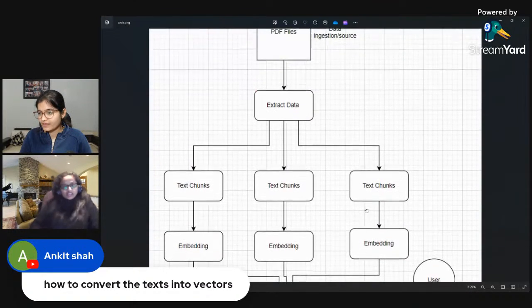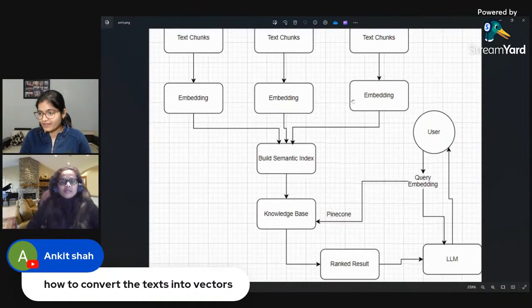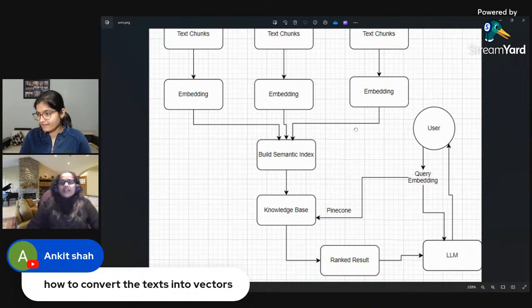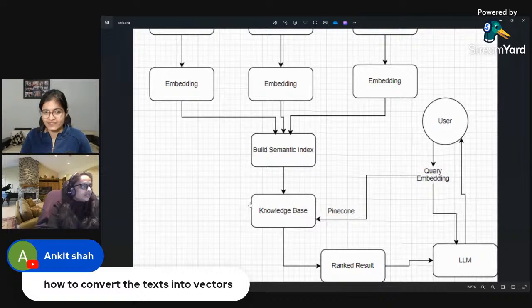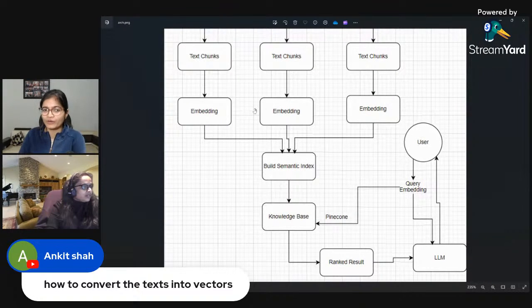Yeah, I think the architecture I have explained. The audience got the architecture, right? Yes, they got the architecture. One question they are asking is how the text will be converted into vectors. I think I have already explained the answer, but you can also share your thoughts on that.